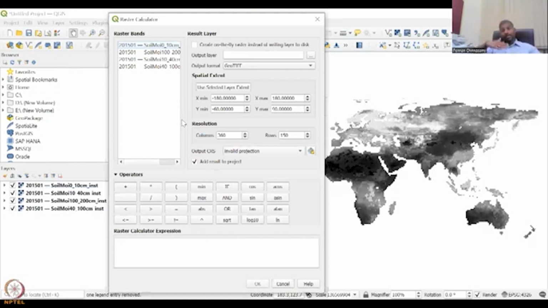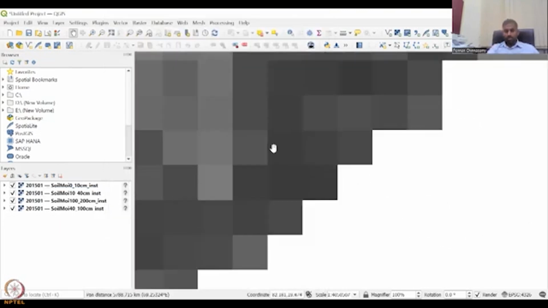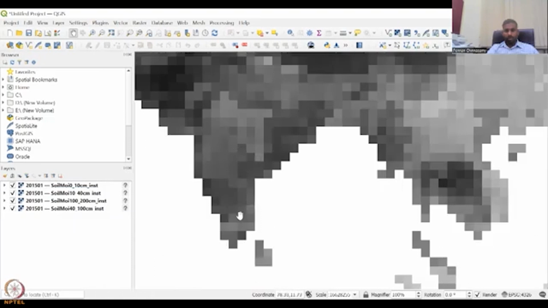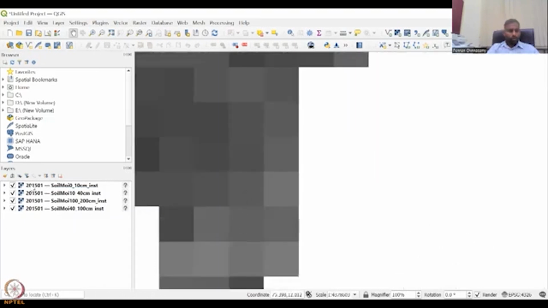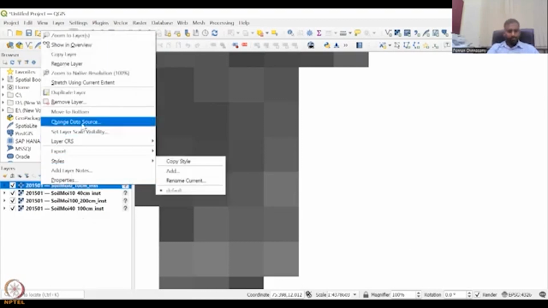Okay, I need the net soil moisture which is available across the region. Let's zoom in. So I'm going to zoom in to Tamil Nadu region. Okay, you can relabel it as 0, 1, 2, 3. But yeah, let's do that so that we can have